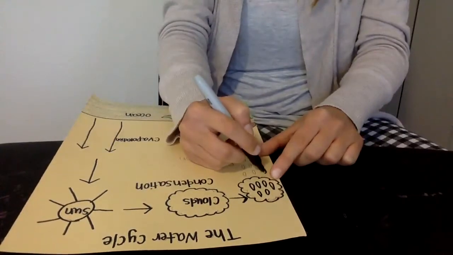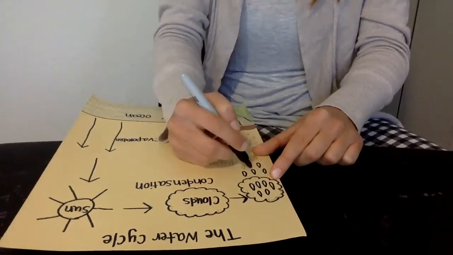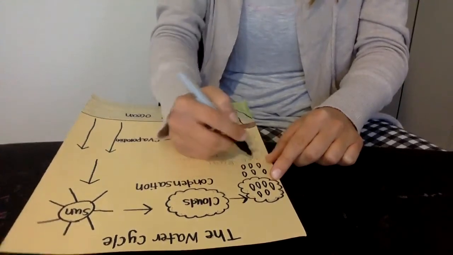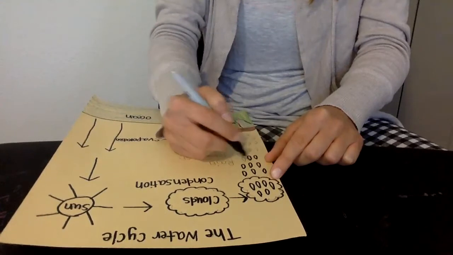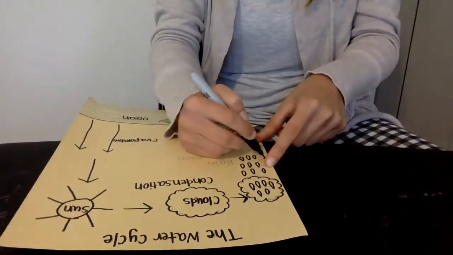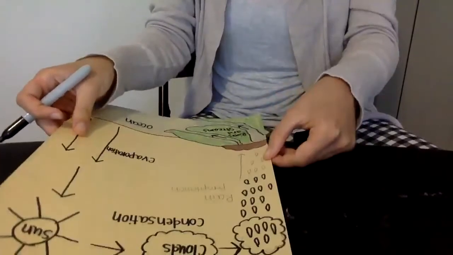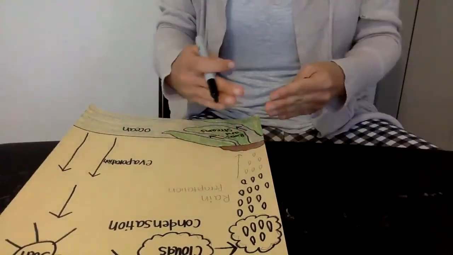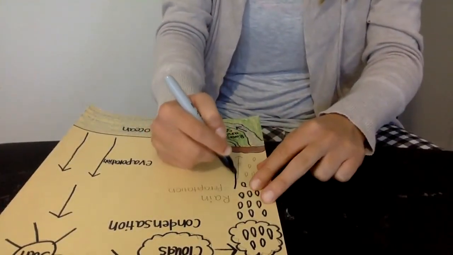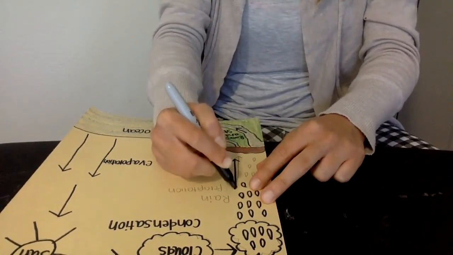they start to drop back into the earth as rain. So you are going to draw all of your rain droplets dropping out of your rain cloud. This is to show the rain is falling back into the earth. So I would like you to draw a big arrow going down to show that the rain is going down into the earth. Next to this, we are going to write rain,